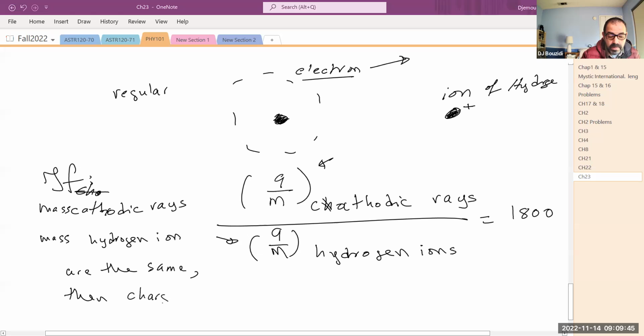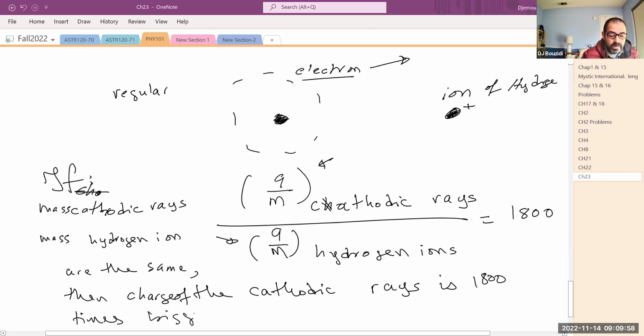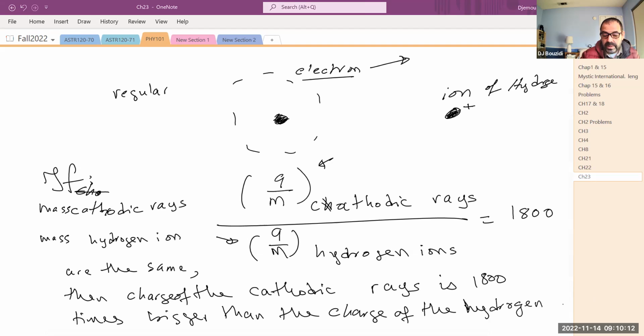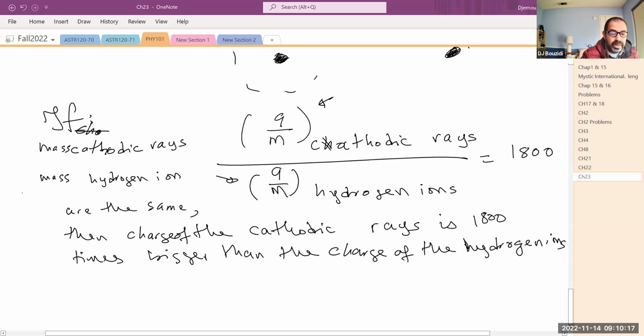the charge of the cathodic rays is 1800 times bigger than the charge of the hydrogen ions. However, this if is not what he thought is true. That's not what he believed. He countered this argument. He was thinking that